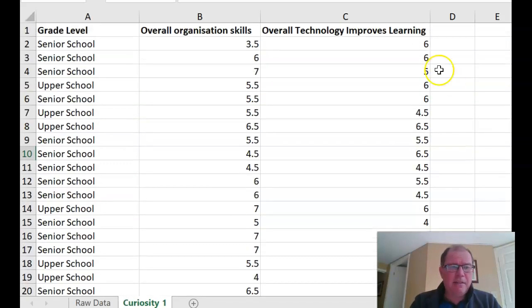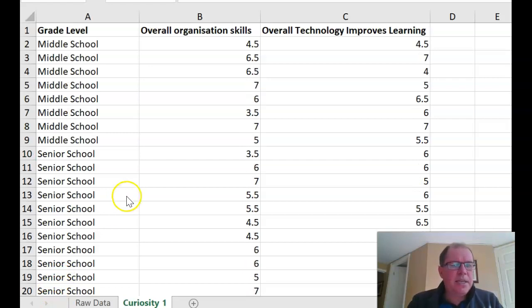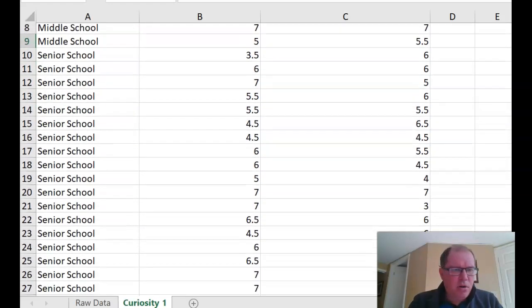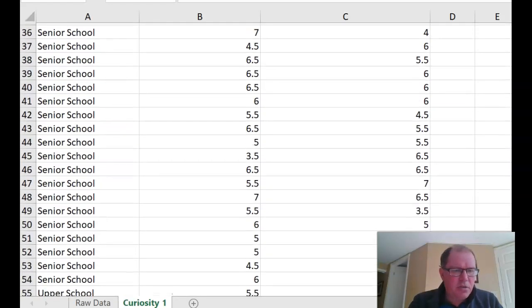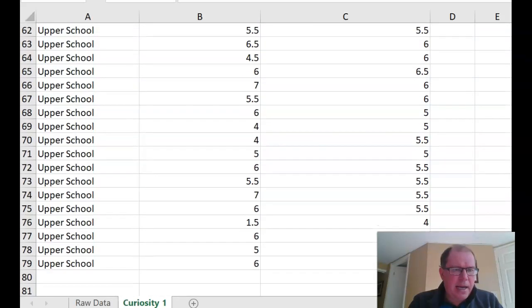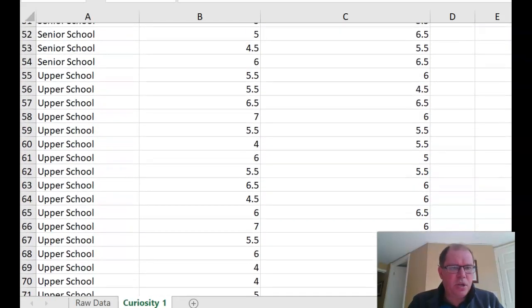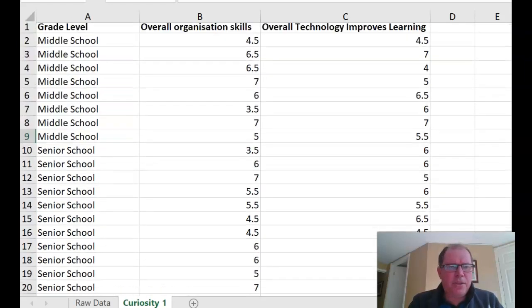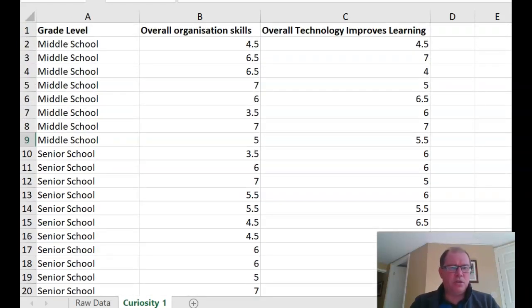So to look at that really quickly, I'm just going to sort the data by grade level A to see how many senior school students, upper school students, and middle school students she has. So I'm going to use the sort feature. So straight away, we can see that we don't have many middle school students at all. So that worries me a little bit. Now let's scroll down. We seem to have a lot of senior school students and a decent amount of upper school students. So I'm a little bit worried about the small number of middle school students, as we only have